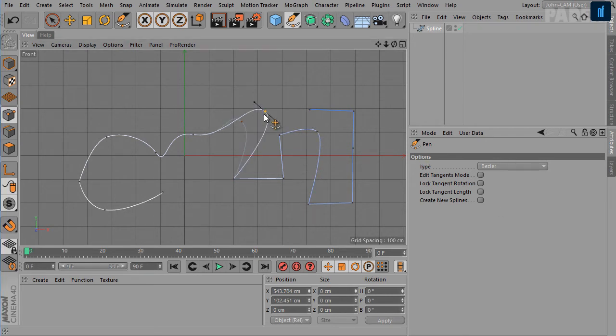You can move points and segments using this tool. If you press shift and drag one of the tangent handles, it will break the tangents, and now you can individually control the handles of the tangent to define the shape. You can always right click here and switch back to soft tangents, and it will unify these two handles. Double clicking on a point toggles between the soft tangent and null tangent.